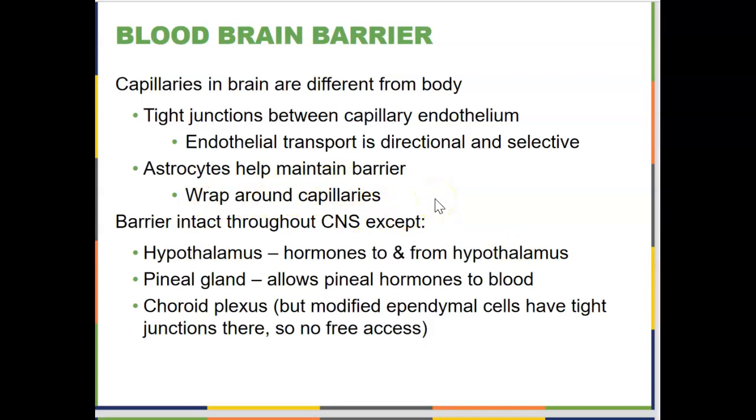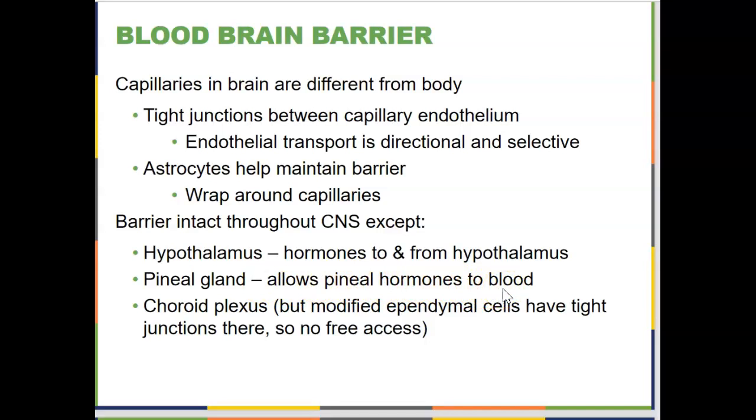They can send their fingers around capillaries, again, plugging up the gaps between the cells of the endothelium. Now, the blood-brain barrier is pretty much intact with the exception of the hypothalamus. You can't have the blood-brain barrier completely tight when hormones need to escape the hypothalamus to regulate the body. The pineal gland, which produces melatonin, needs to receive